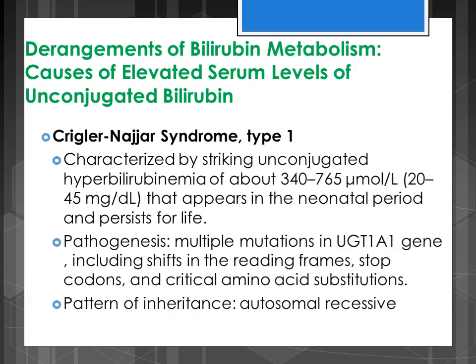Pathogenesis for the Crigler-Najjar, I'm so sorry, is multiple mutation in the UGT1A1 gene, including shifts in the reading frame, stop codons, and critical amino acid substitution. Unlike in Gilbert syndrome,